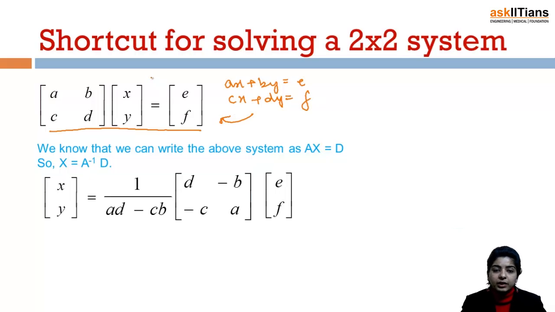We have written it in the form AX equal to B. Now the solution we know is given by X equal to A inverse B, provided the determinant of A is not equal to 0, because otherwise we won't be able to find A inverse. So the direct solution of this system is [x y] equal to A inverse times B.